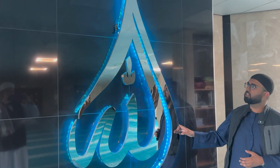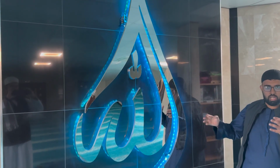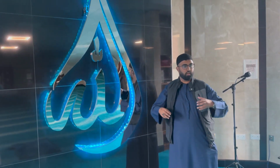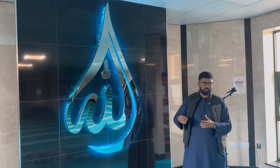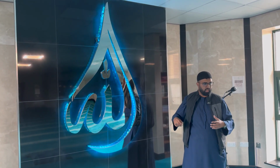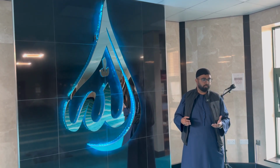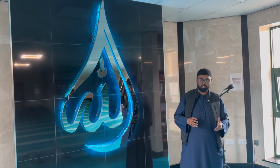Again, something unique which I've not really seen in a lot of masjids, but everyone kind of does their own kind of design. But it's something new, something modern, because a lot of the older masjids, again, you see, they tend to have a very much kind of South Asia, Pakistan, India kind of design side. This kind of brings it up to a bit more of a modern style, something you don't see in a lot of UK masjids, and it's kind of got its own British kind of style now, alhamdulillah, as well, which